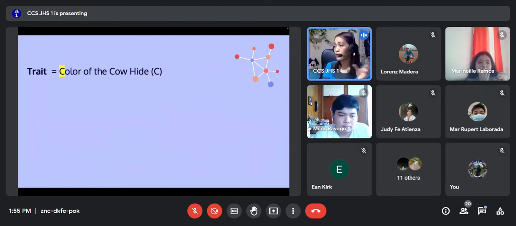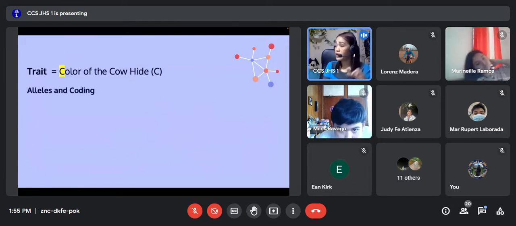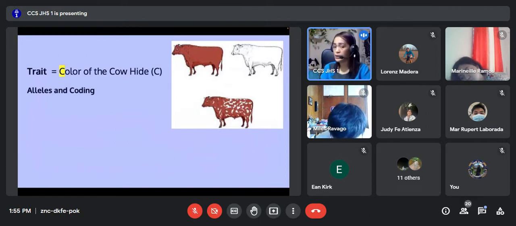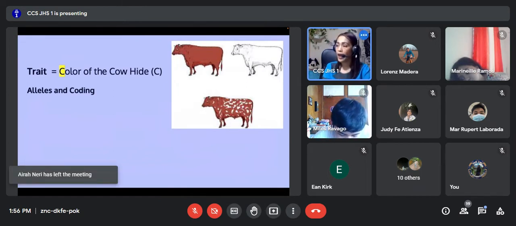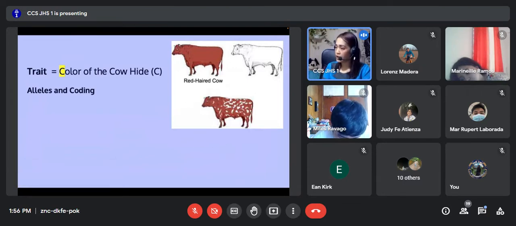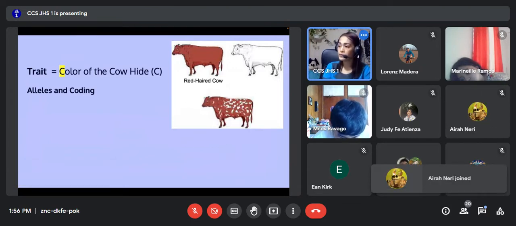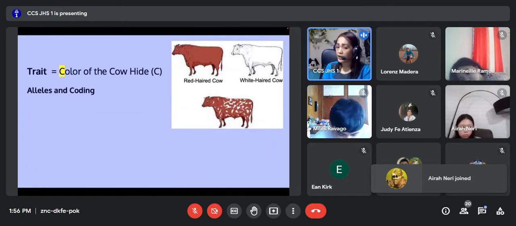It's long, but it talks about color. So C. All right? So, what are the possible alleles or options and their corresponding codes? Remember, it's very important that we know how to code or represent them properly. So here, in this case, you have three options: two homozygous and one heterozygous. So you have here red-haired cow, and then we have another white-haired cow,